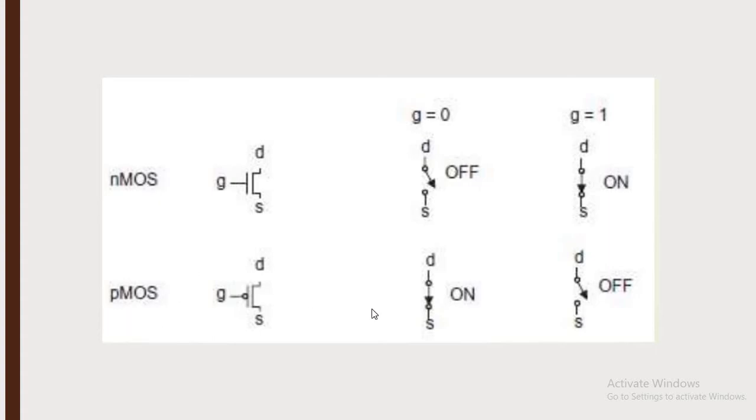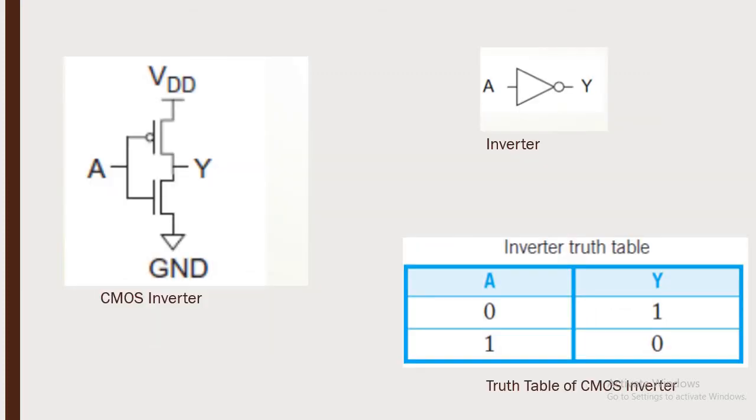Whenever we apply the high voltage at gate, it will act as open circuited, and whenever we apply the low voltage at gate, it will act as short circuited, because here we have a NOT circle. You can see that the NOT gate inverted. It basically inverts the action, inverts the voltage, inverts the high voltage, inverts the low voltage. Okay students, so now we are going to study the PMOS behavior in parallel connection.